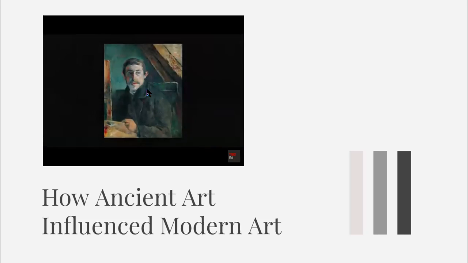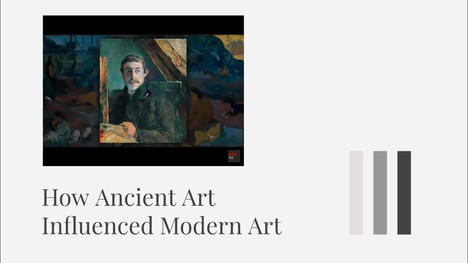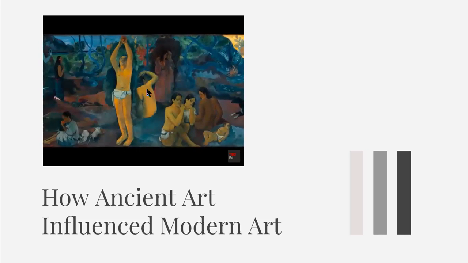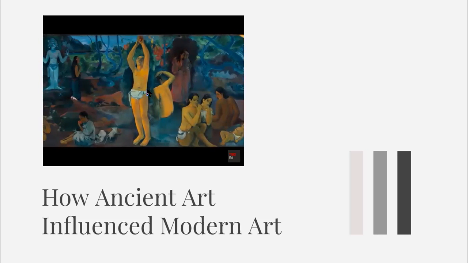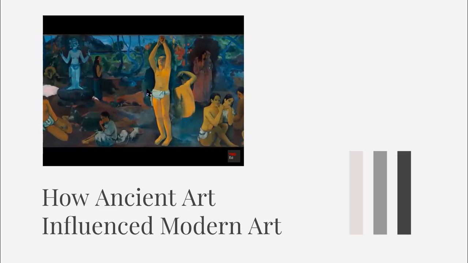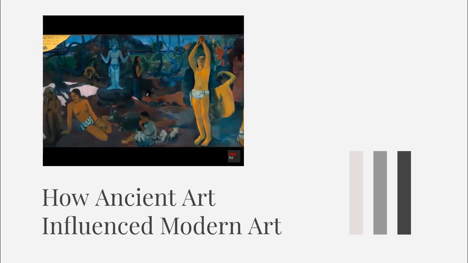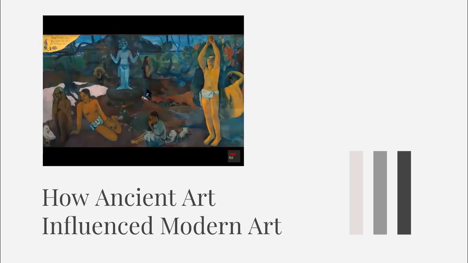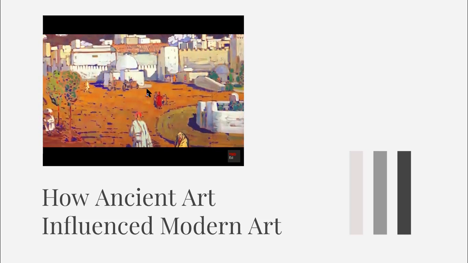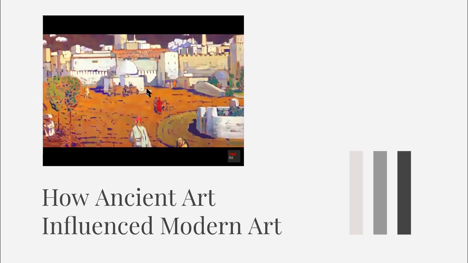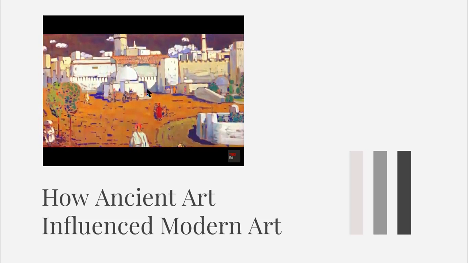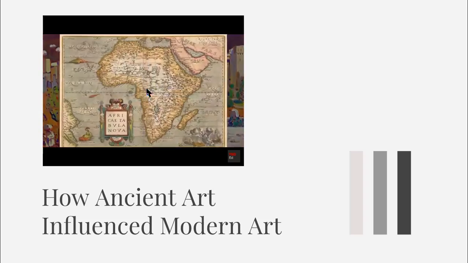For example, Paul Gauguin moved to the island of Tahiti in the 1890s. There, he found inspiration in the island's inhabitants, landscape, and culture to create artwork that intertwined European themes and Polynesian lore. Others looked to the cultures of the Islamic world, but the most influential inspiration would come from sub-Saharan Africa.